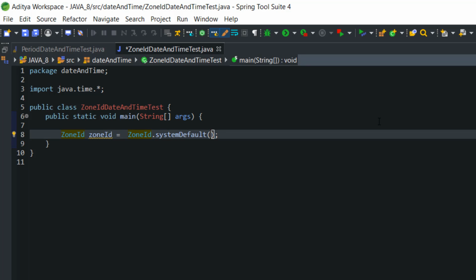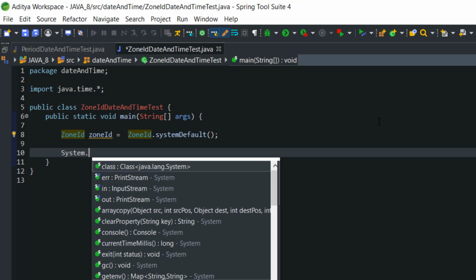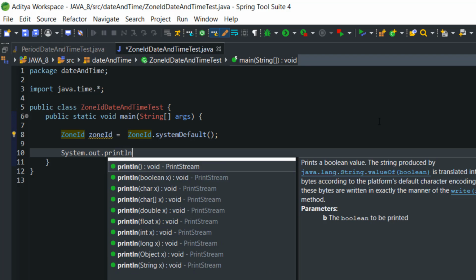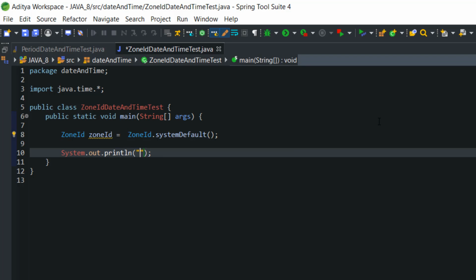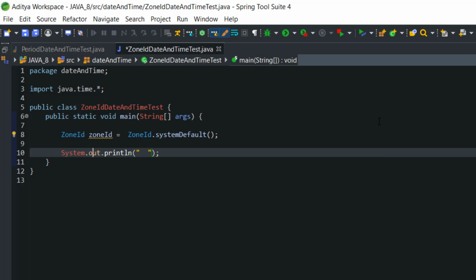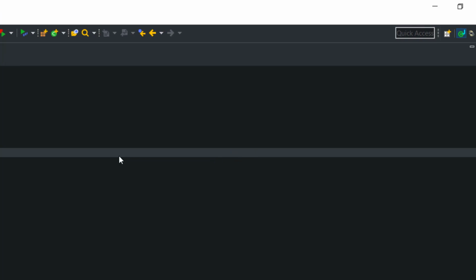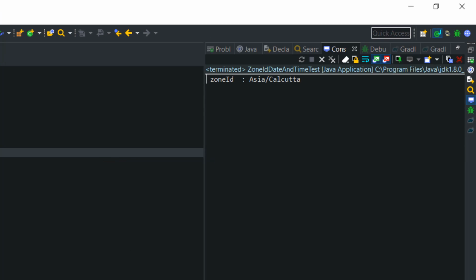Let's execute the code to see the result. Now I am living in the Asia/Calcutta zone.